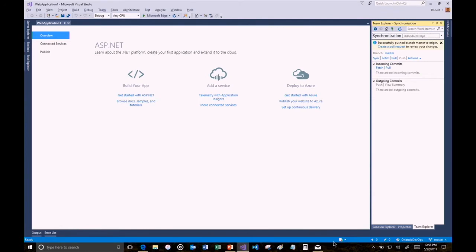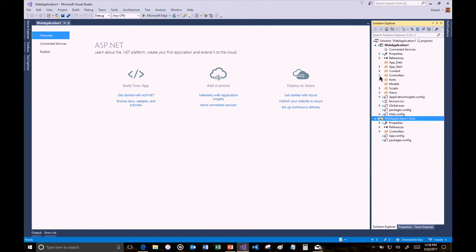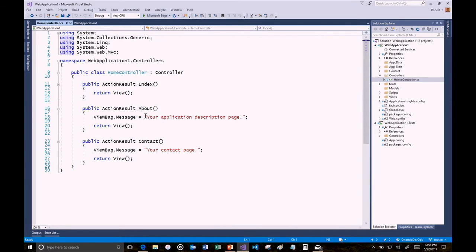And Visual Studio, which is currently disconnected, that's not good. Or maybe that's an old message. Visual Studio will eventually tell me, although we're not going to necessarily wait for that because sometimes that takes a little bit longer. Okay, so now what we've done is we've created a build definition. We've tested it, so now let's check out continuous integration. So I'm going to come back into Visual Studio, and I'm going to make a code change. I'm going to come into the home controller, and where this is your application description page,